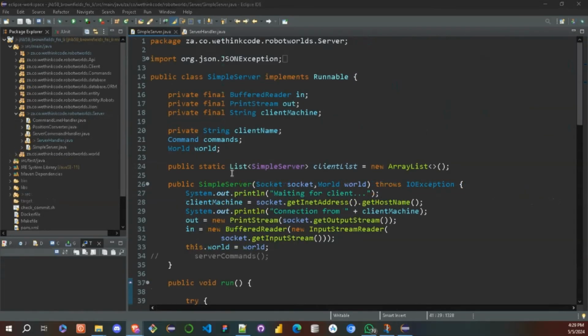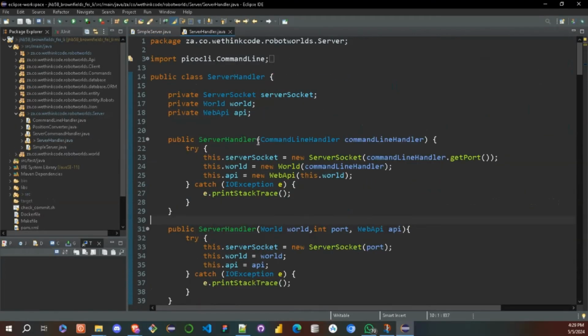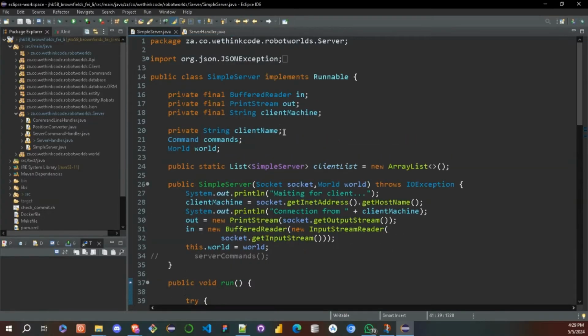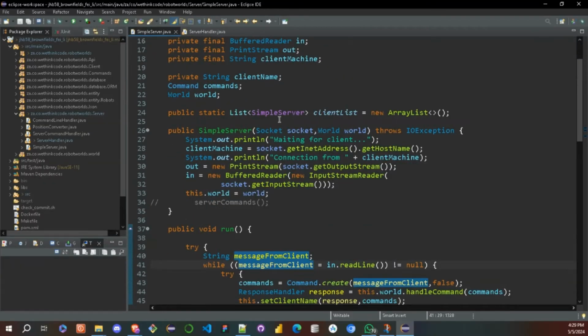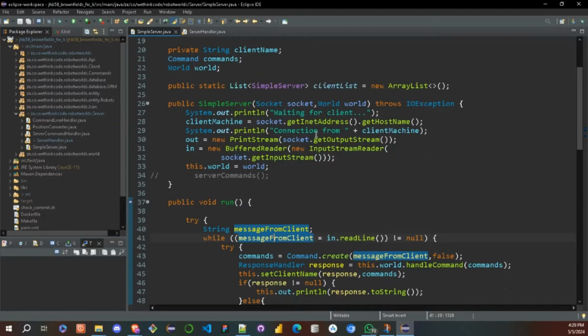All right. So the two Java classes, Simple Server and Server Handler, serve key roles in managing a multi-robot simulation environment via a server setup. We'll begin by taking a closer look at the Simple Server class, whereby the class functions primarily to manage individual client connections within the server. It handles connections between the server and client through a socket